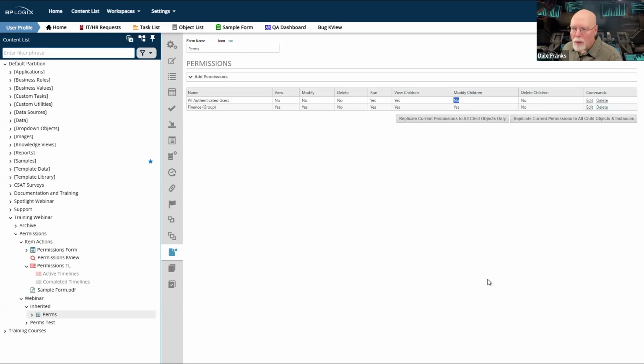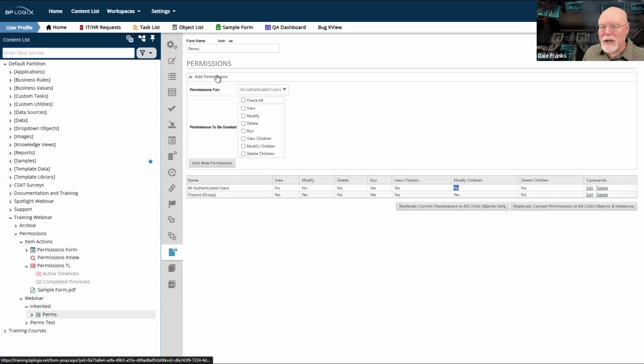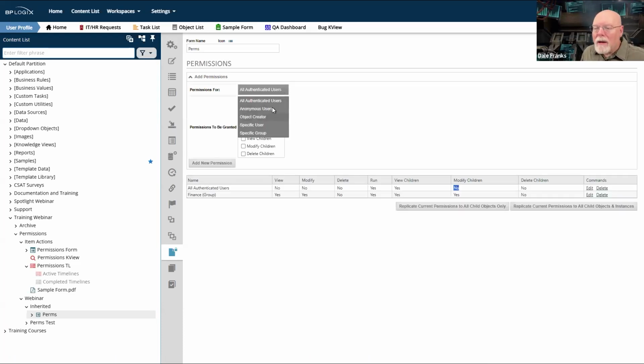Okay, so what happens if that form task gets assigned to me and I have to make changes to it? Well, that's where process users comes in. You can assign special permissions to process users at the folder level.